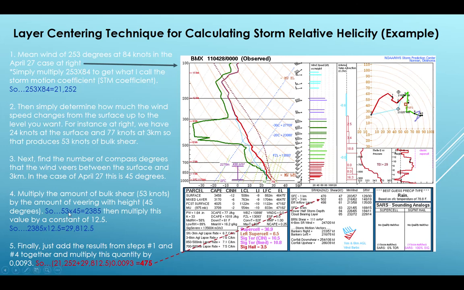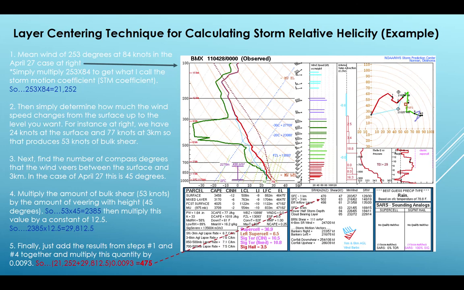So 53 times 45 equals 2,385. Then multiply this value by a constant of 12.5. So 2,385 times 12.5 equals 29,812.5. Finally, in part 5 below, just add the results from steps 1 and 4 together and multiply this quantity by 0.0093. So finally, we have